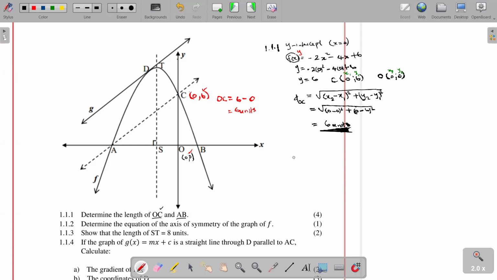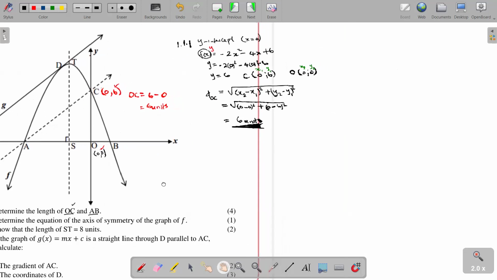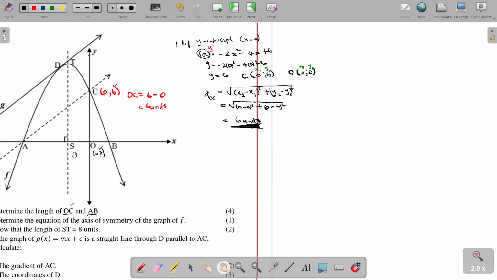1.1.1. So from there, we need to also calculate the distance of AB, but take note we need the coordinates of A and B, which are x-intercepts. So it means that we have to calculate the x-intercept. For the x-intercept, we have to know that y is equal to 0. Then substituting,